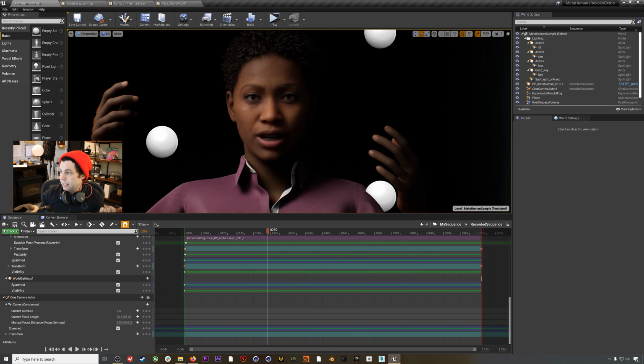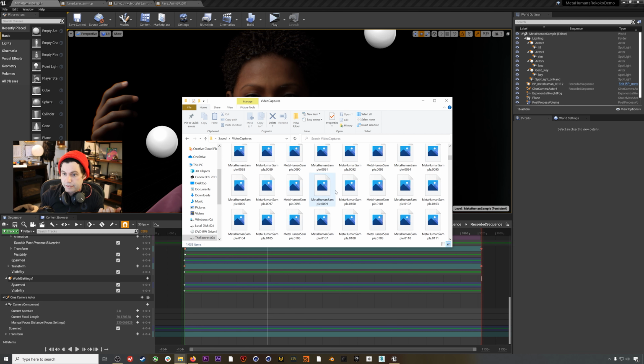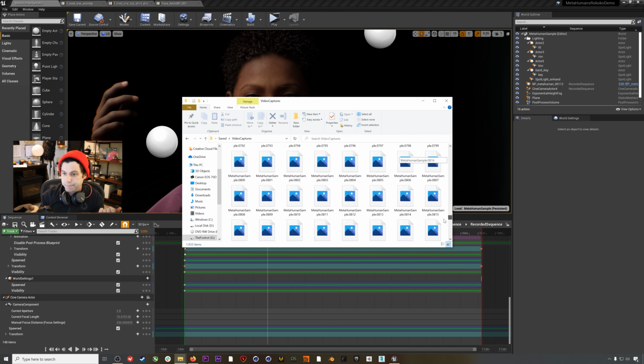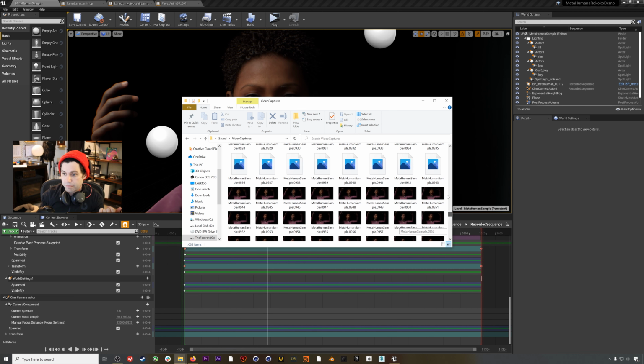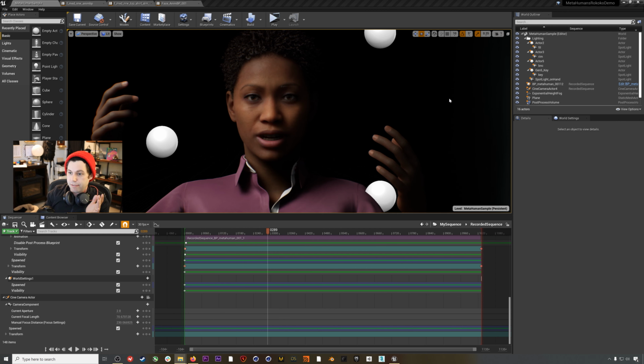We'll close this, and if we go to our project here, saved video captures, we have boom, boom, boom. So the last thing that we can do is just quickly go over how to change the level of detail in your blueprint, and the way that I have found to do that